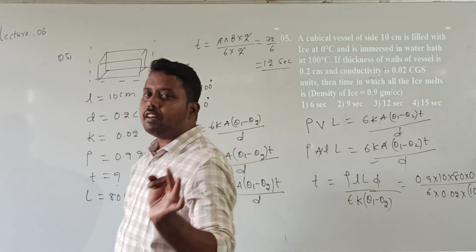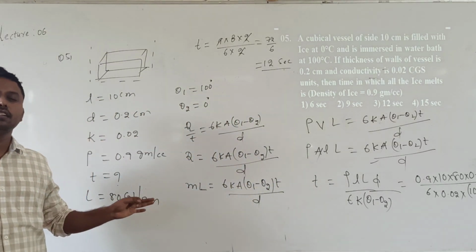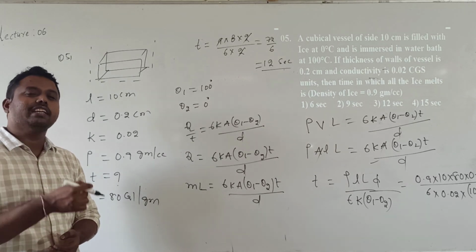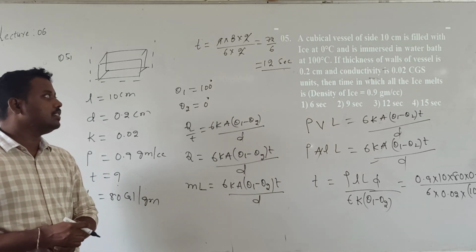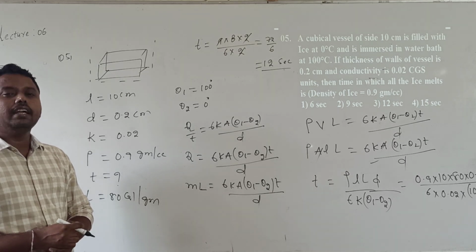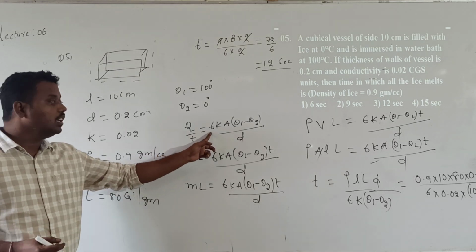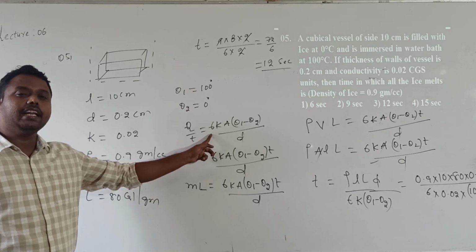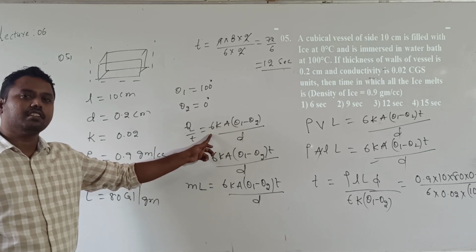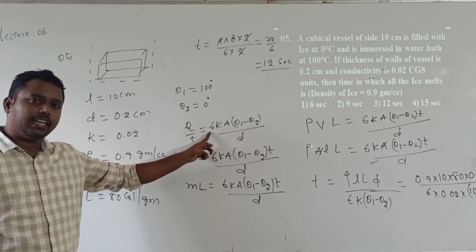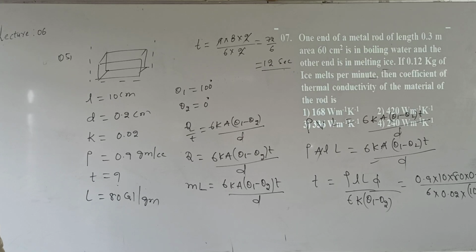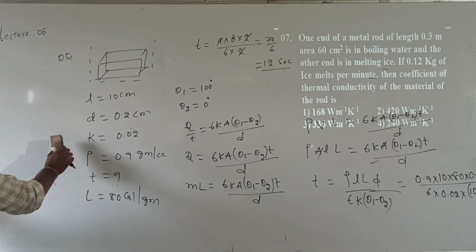Okay now, the one point you need to remember here is that heat will be escaping from the walls. Each wall's thickness is given as 0.2, and why have we taken 6 here? If you do not take 6 here you will not get the answer, because heat is escaping from the 6 faces. So due to that reason I have written 6. Okay now, this is question number 5.